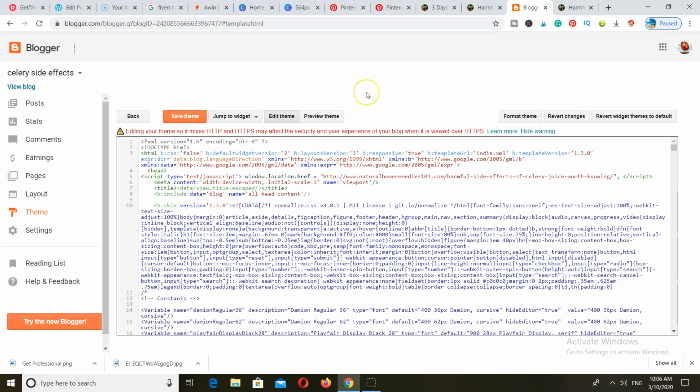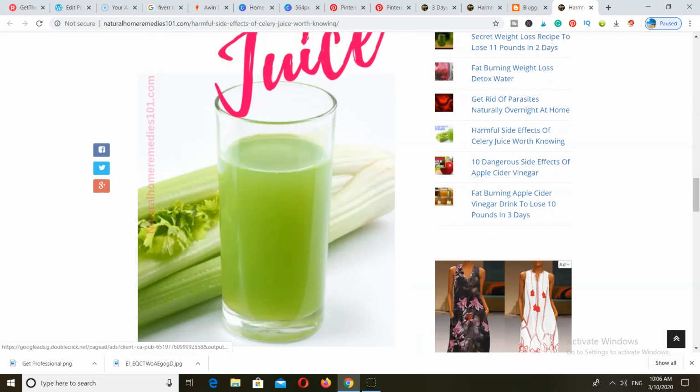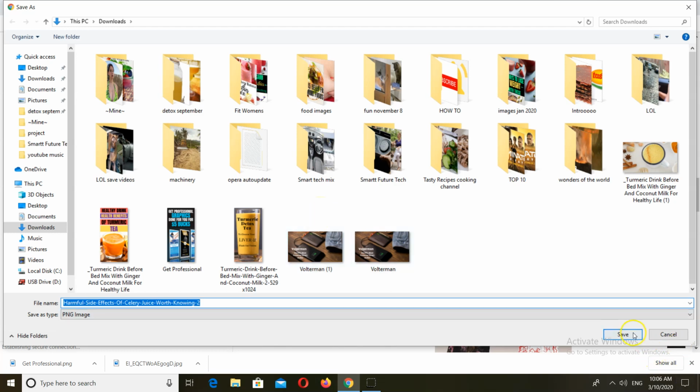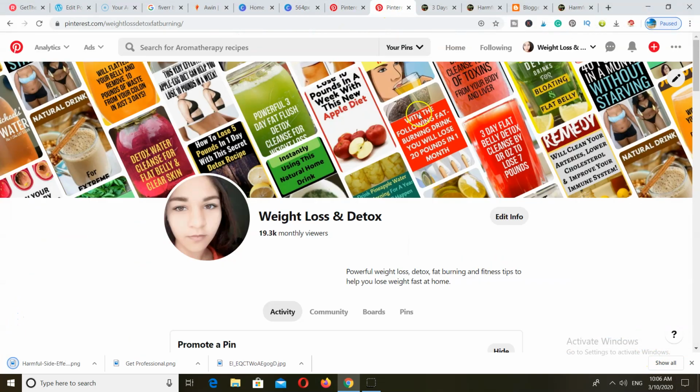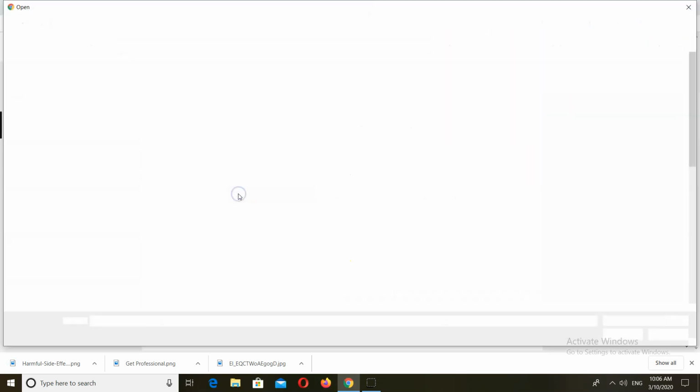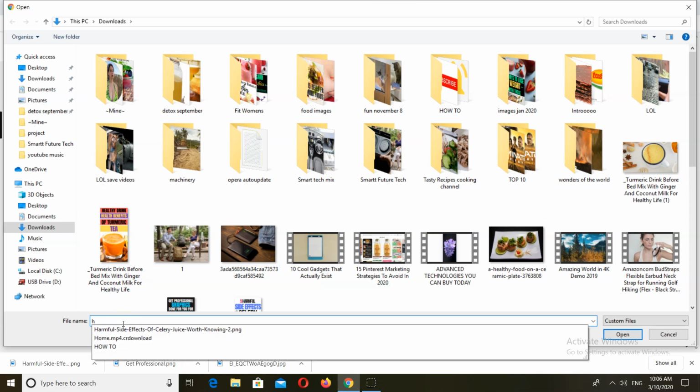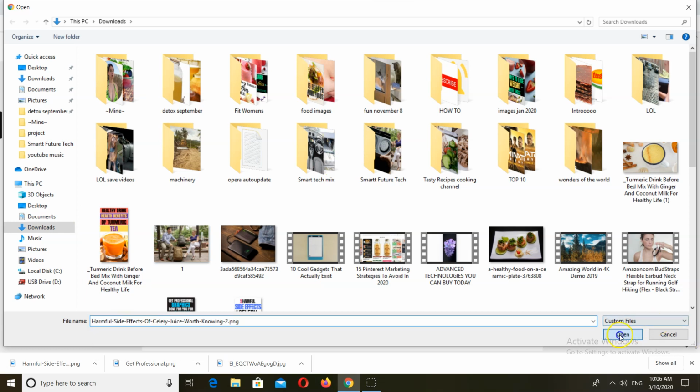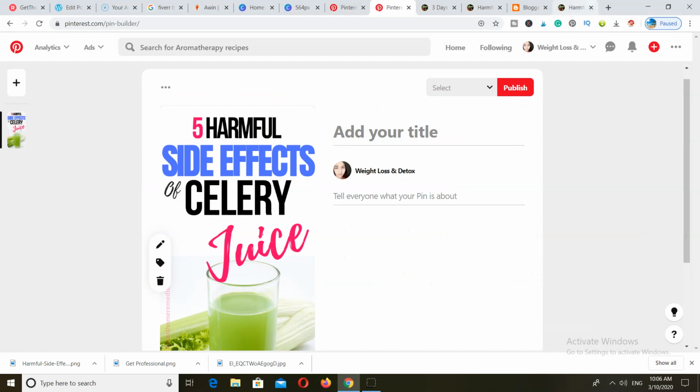So it is that easy, guys. Now you can go ahead and create as many redirects using Blogger as you possibly can for all of your blog posts. It is that easy. What you want to do right now is just go ahead and grab your image below. You just save image as, remember the name, and that is harmful side effects, and you want to go back to Pinterest and just create a pin, upload your pin, harmful side effects, open that up, and you can go